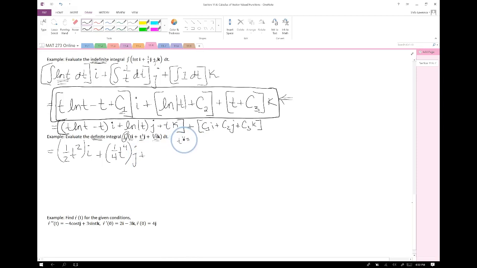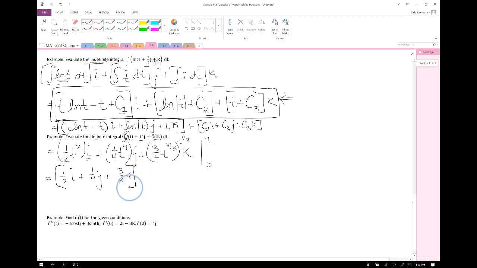That way we can work our power rule on it. So the power rule for antiderivative said add 1 to your power, so it's going to be t to the 4/3, and then we flip that new exponent out front as a coefficient. So it's going to be 3/4 t to the 4/3 k. And this needs to be evaluated at 1 and at 0, and then we subtract. So if I plug 1 in for all of my t's, I'm going to get a 1/2 i. Now be really careful, this is still a vector. I get 1/2 i plus 1/4 j plus 3/4 k